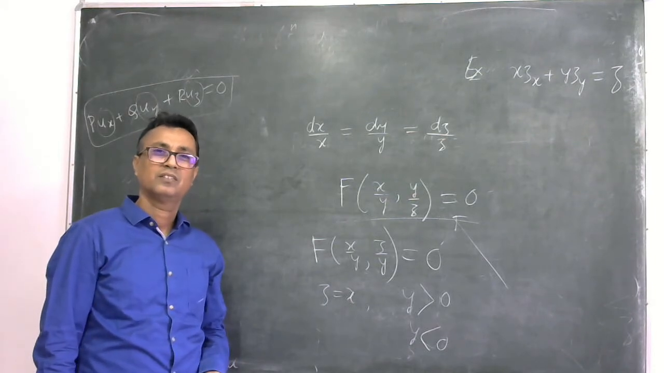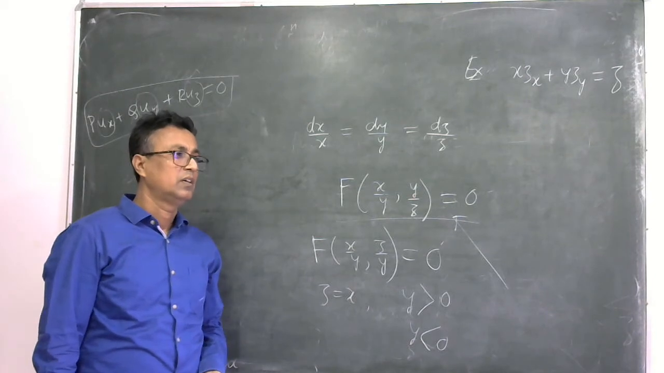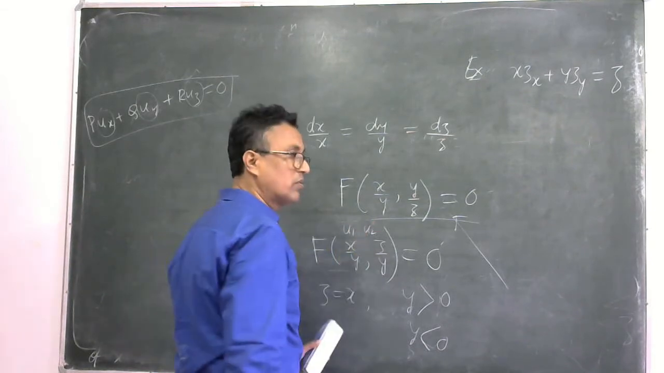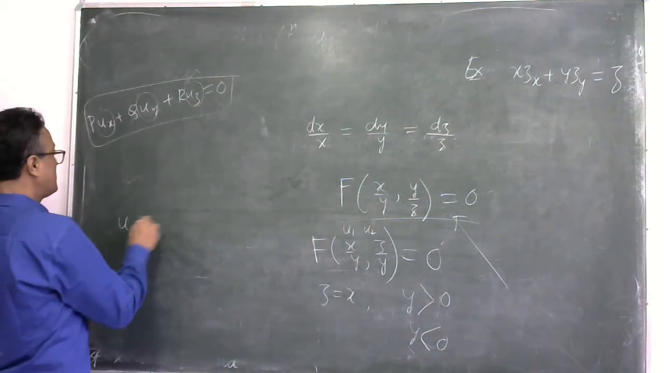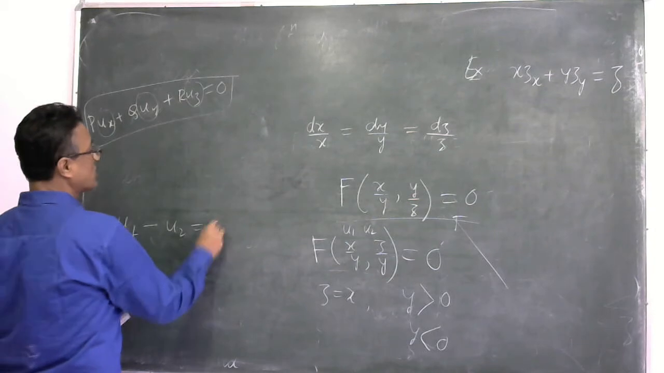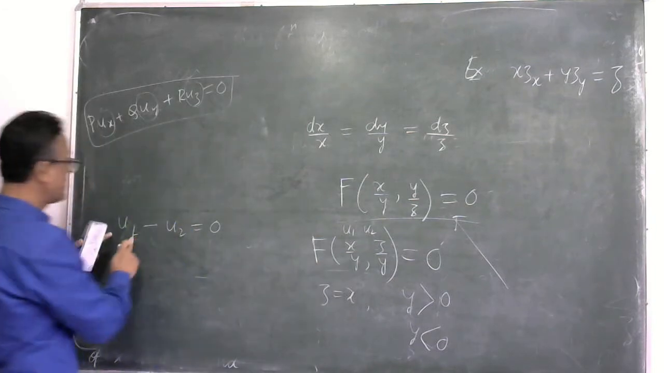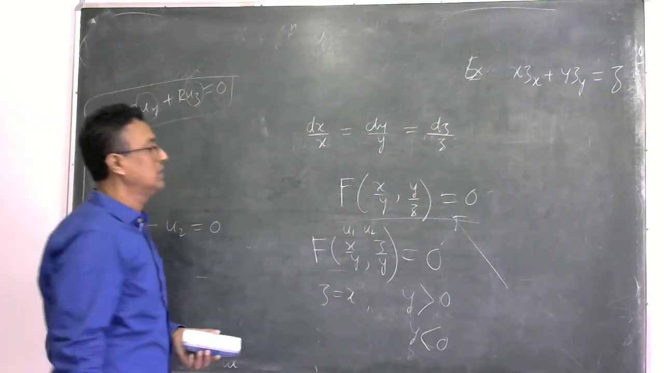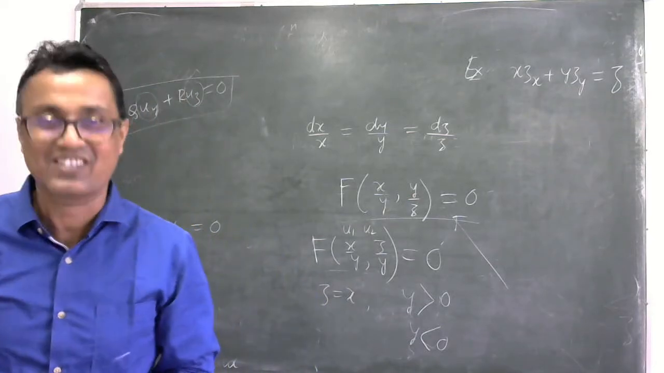Somebody said no. Can you tell? Why doing it like that is not clear. What I have done here: say this one was u1, this one was u2. I have simply chosen the function capital F of u1, u2 as u1 minus u2 equal to 0. And that is going to give me x by y equal to z by y. Although I can simply equate z equal to x,